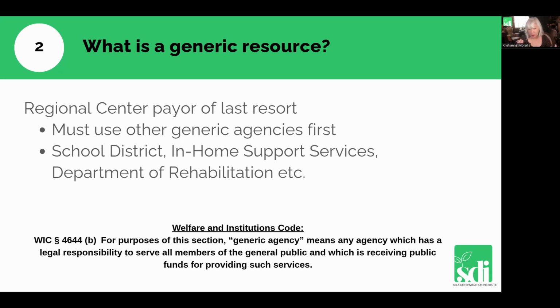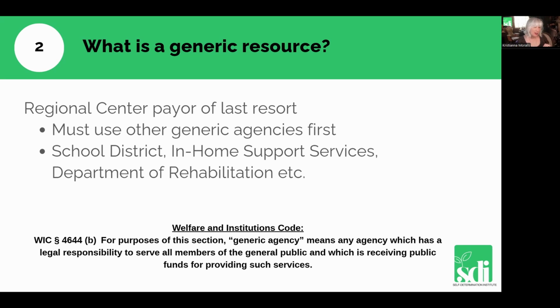So let's say you need 24-hour care and you get 6 hours a day in-home support services. They will count that when they're totaling to make sure you have coverage. So that's the only time in-home support services are going to really show up anywhere in this, because remember, it's a whole separate waiver. It's a whole different system. But other than that,